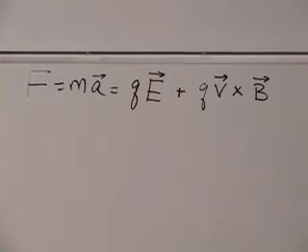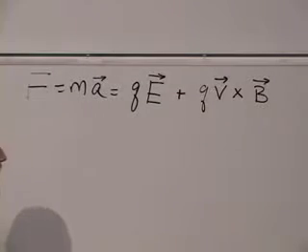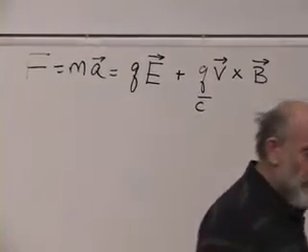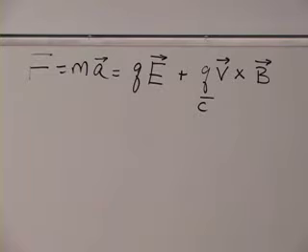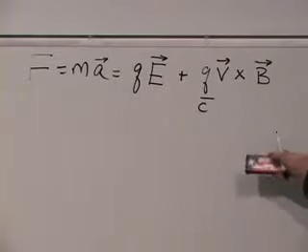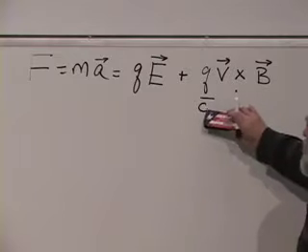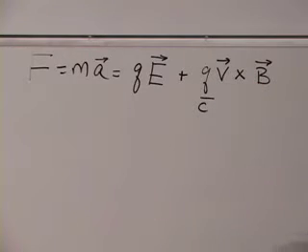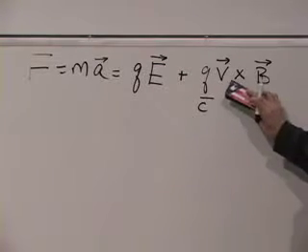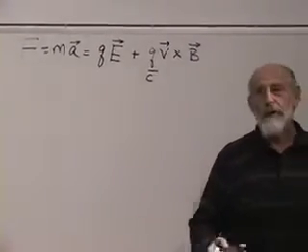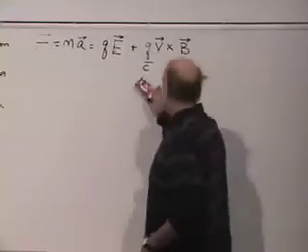Depending on your choice of units, some familiar units put a c down here where c is the speed of light. I'm going to leave it out. You will find in some choices of units, in fact in a lot of choices of units, the speed of light is included down here, but this doesn't matter. You can either absorb the speed of light into a new definition of the charge or a new definition of the magnetic field, or you can remember that it's always v divided by the speed of light. When I write v, you can think to yourself, he really means v divided by the speed of light. Either way,